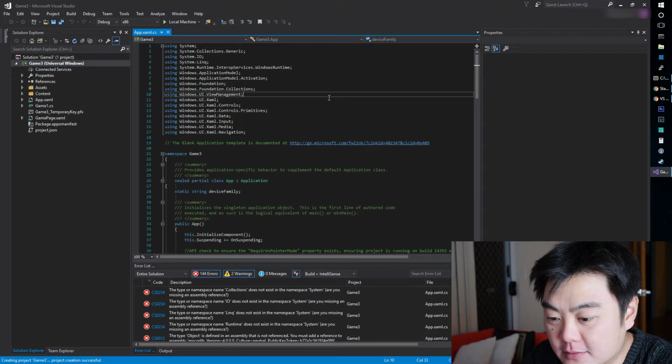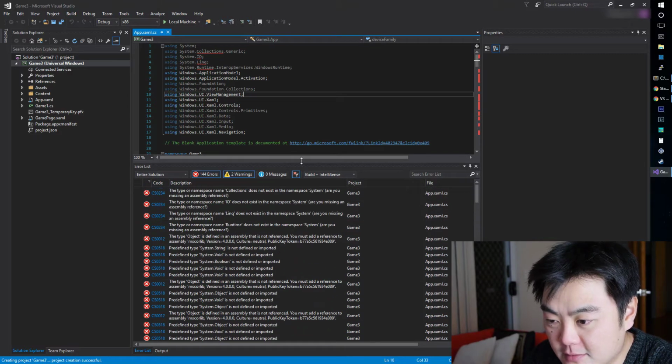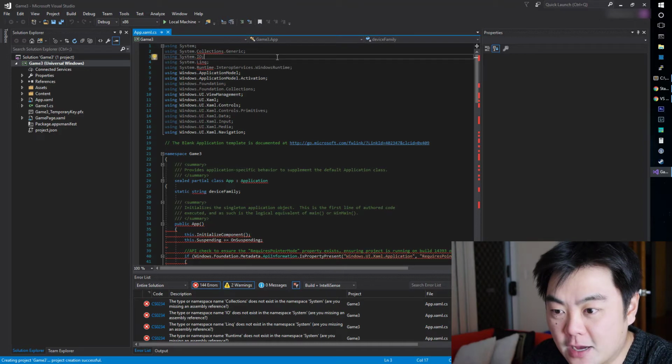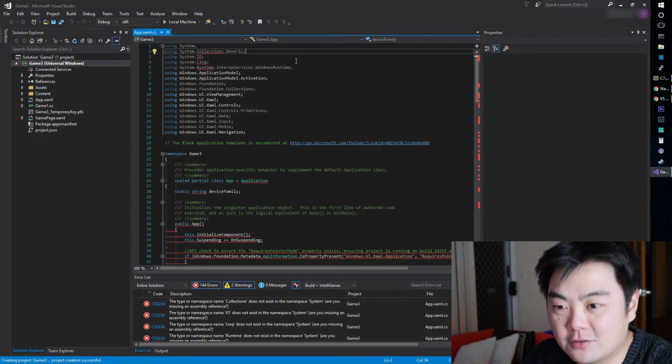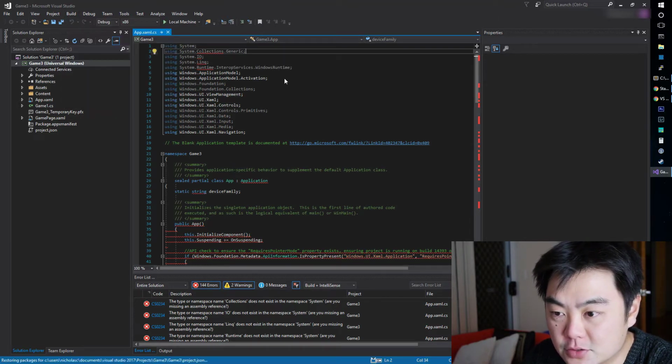Alright, and let that load, and you'll see a whole ton of errors here. And this is just how UWP apps start off, right? So to get rid of these, you just have to run a build. So we'll go build solution,